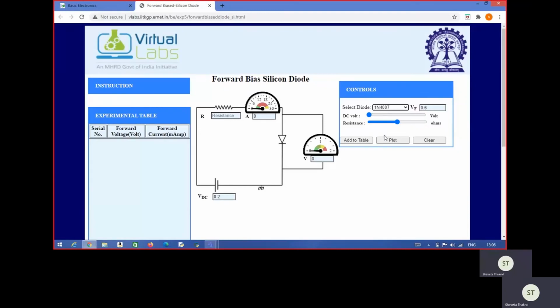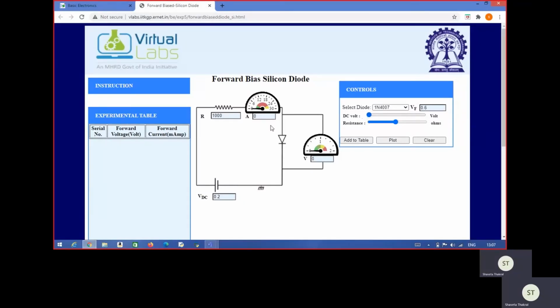Then after that we set the value of this resistor connected in series. So with the help of this we vary the value of resistance and we put it at 1000 ohms, that is 1 kilo ohm. Then after that, now we vary the value of this applied DC voltage with the help of this knob and